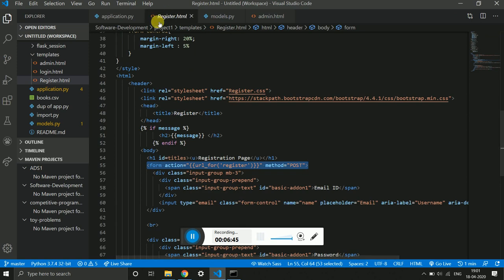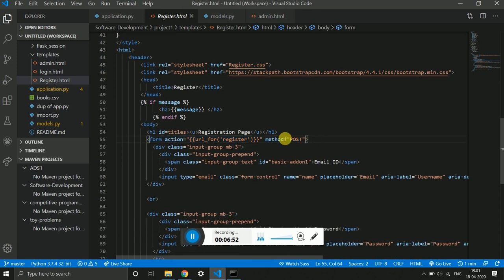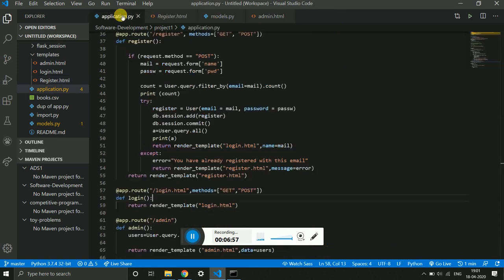So I have created a register.html. Once the method is post, I wanted it to send the details to application.py. When the request.method equals post, it will render the data from name and password. Then I wanted to register a user where an email and password is set.